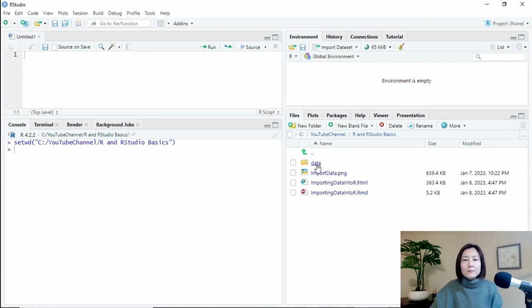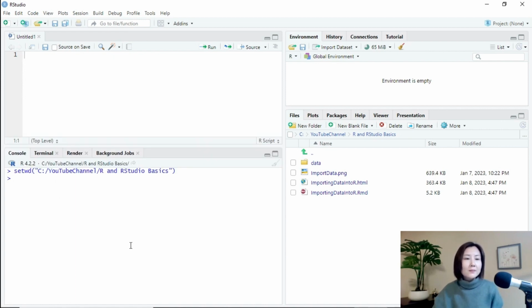Suppose I want to import a data set from this folder, logging. So how to do it? Instead of typing the code in the R console directly, I created a script so that I can save the code for future usage. So this is a new R script I just created. So first, import data using base R functions. The very first example is I want to import the logging data